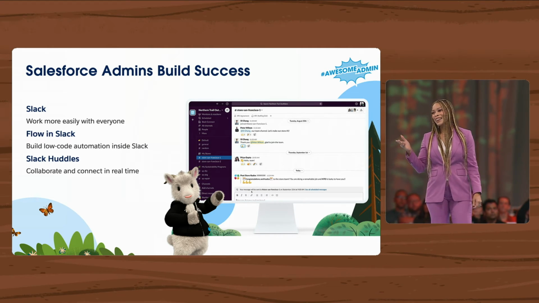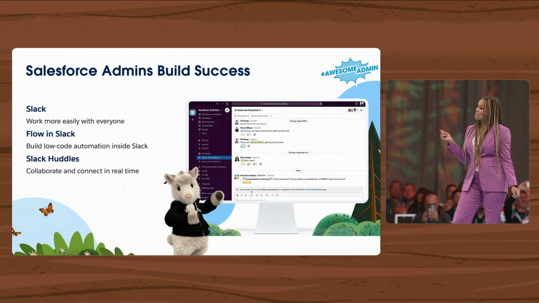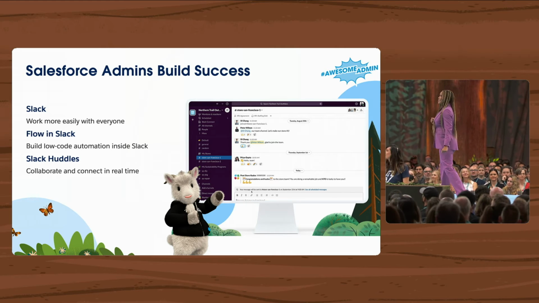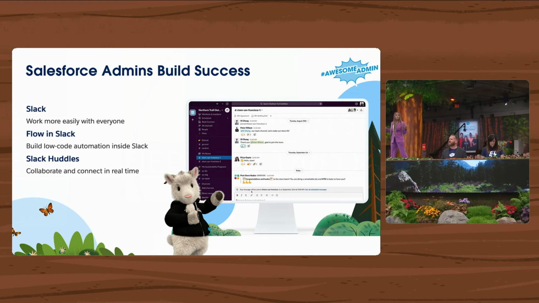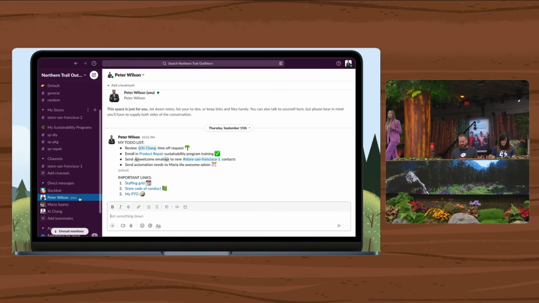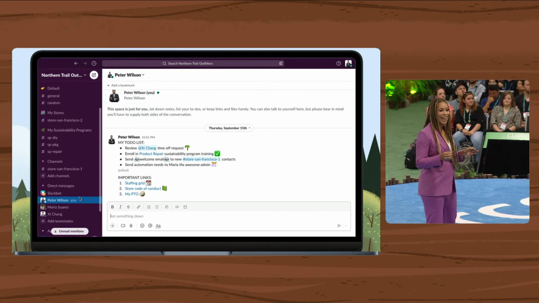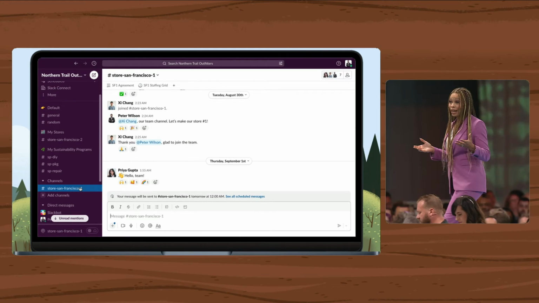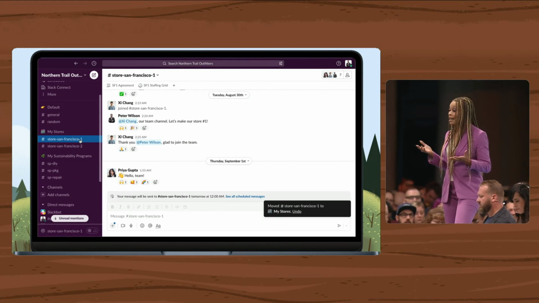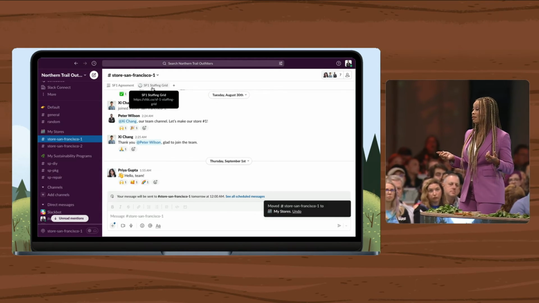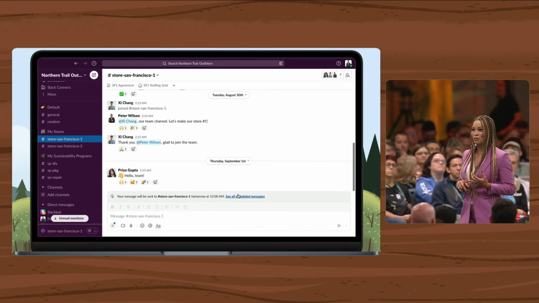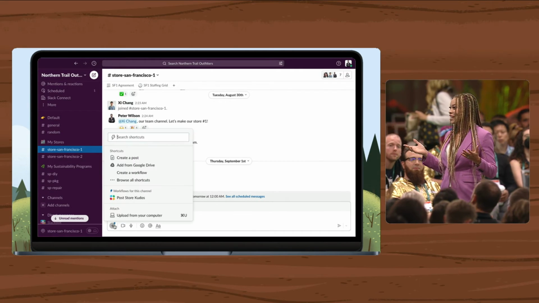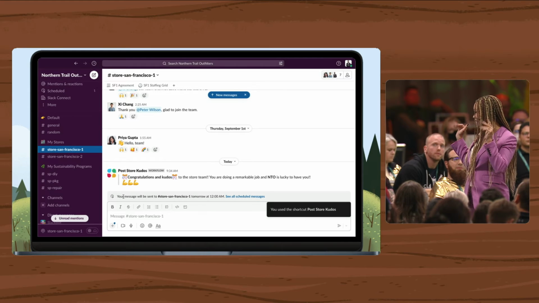But first, let me reintroduce to you Alba, our amazing demo driver. Hey, Alba. Okay, so Alba, let's get to the demo and show them how Peter, our retail user, and the rest of his NTO colleagues are working in Slack every day. Now, Peter's collaborating with his colleagues in Slack. They're working in channels, organizing them into sections that make sense to them. They're also using bookmarks and scheduled posts. They're even using workflows to share wins and ask questions and celebrate success.